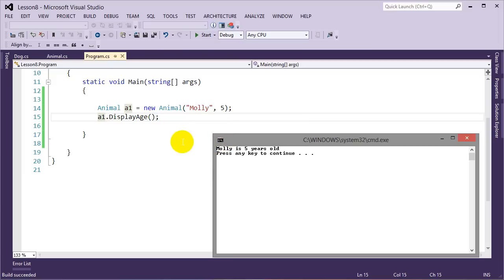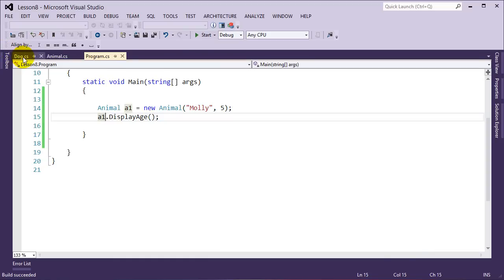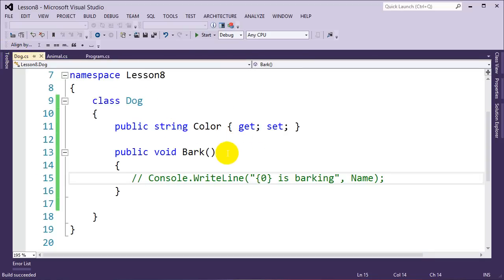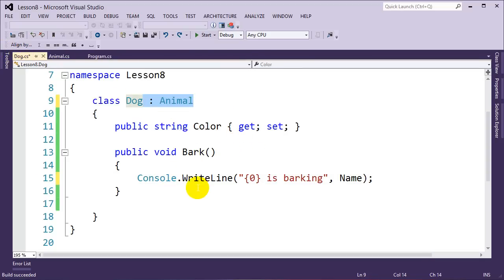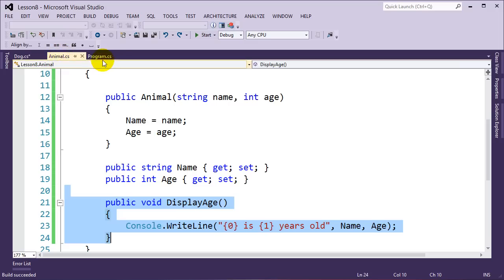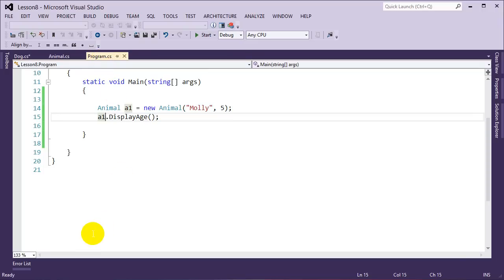We passed in our data to our constructor, and we called our display age function, and everything's working fine, showing that our constructor did indeed assign the values to our properties. So let's go ahead and undo what I just did here. You might have noticed when I ran it the last time, it threw an error. And the reason why it's throwing an error is because